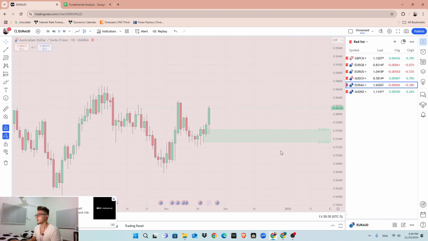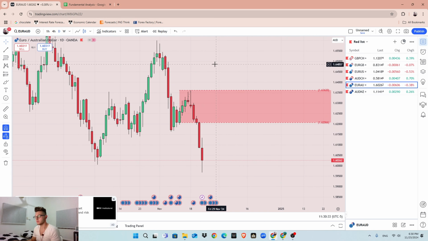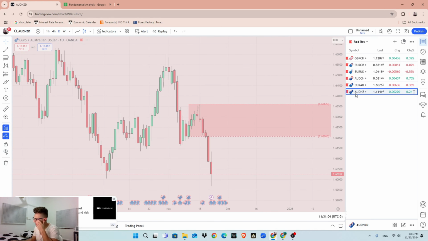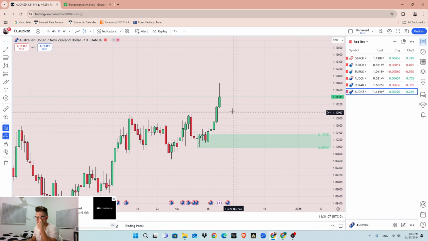Coming into Euro AUD, I am bearish on Euro AUD, but we need a huge move to the upside in order to take a short position. Fundamentals might change 2-3 weeks from now. Not fundamentals, it's the short term fundamentals, like 3 to 6 months. I don't know if I am at the beginning of the change or middle or at the end, so that's why I keep tracking it week by week on a weekly basis. AUD New Zealand dollar also, I am bullish on it, but we had a big move. We need some time to retrace into the demand area.